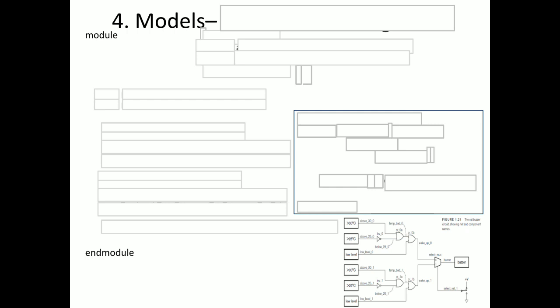Okay, we have written module and endmodule. Within this, we need to describe our function. It should include the name of the design, what we are designing: VAT buzzer circuit. So module, next is VAT buzzer circuit. This is the name of the circuit, and it is also the name of our program. So we need to save our Verilog file, to verify it, to simulate it, to synthesize it.